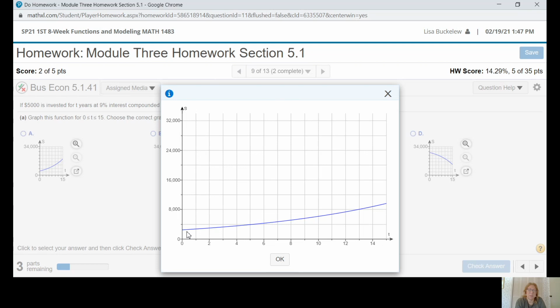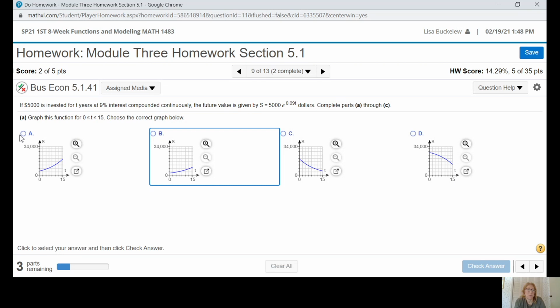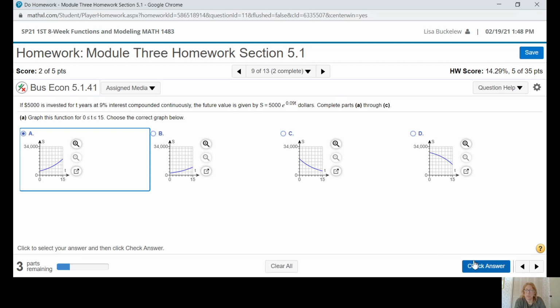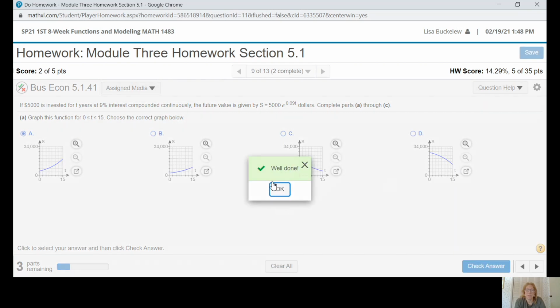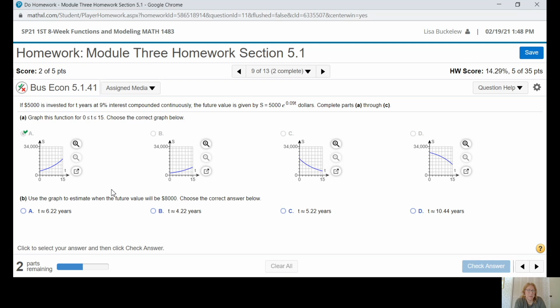So remember the y-intercept on this corresponds to that big number that's sitting in front of your base number. So our correct graph is going to be this first one. So I'll hit the answer. Well done. Okay. Now, this is where I wanted to remind you of some solving and intersection techniques